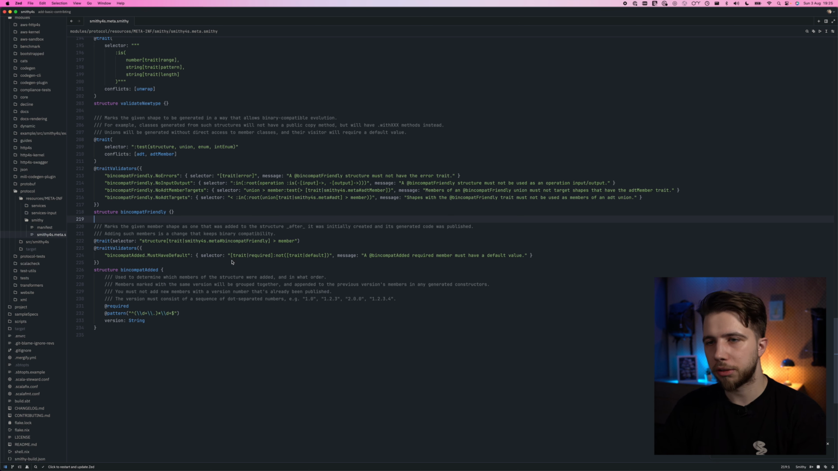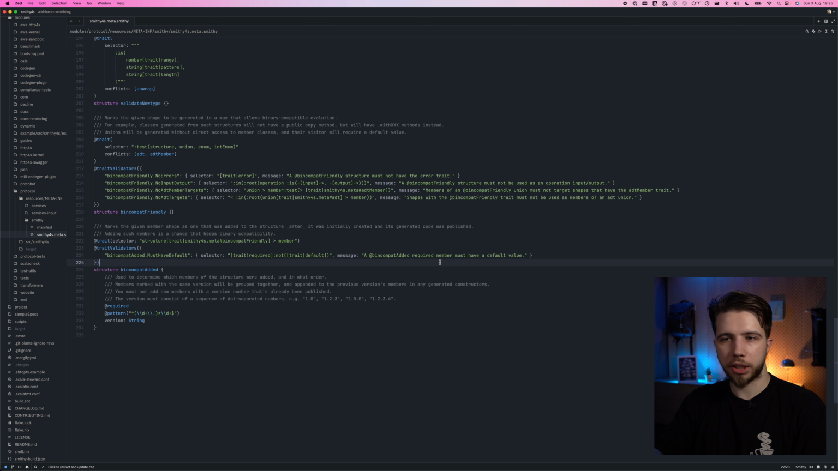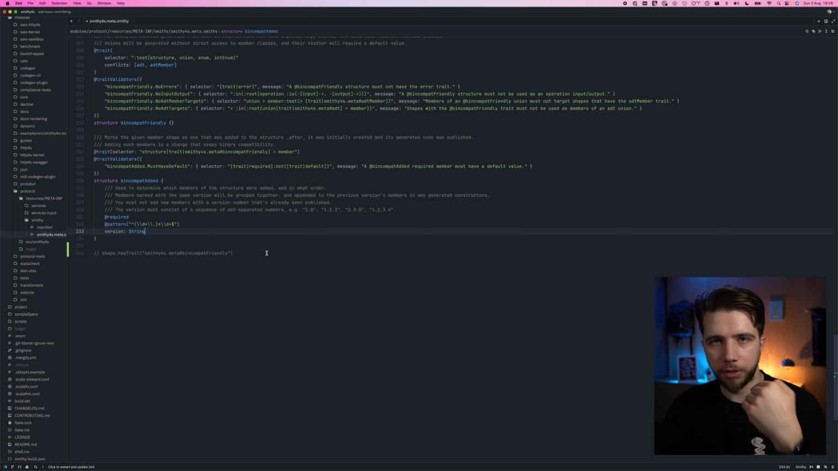And there are essentially two ways that you can do this. You can check by supplying the fully qualified name of this trait as a string. I'll just write it here, but this would be in the Scala code gen. Something like shape has trait smithy4s.meta.bincompatFriendly. That's exactly it. You could do it this way, but if we were to have any kind of fields inside,